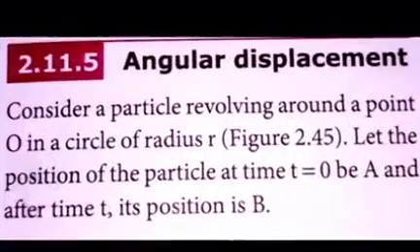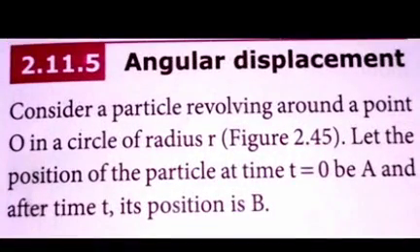Students, next we are going to discuss angular displacement. We know displacement. Displacement is the shortest distance covered by the object. What is angular displacement? It means an object covers a distance through an angle, that is known as angular displacement. Now consider a particle moving around the point O in a circle of radius r. Initially, at time t equal to 0, it is at point A. After some time t, the object reaches the point B. So from A to B, that is known as displacement, represented as S. Now you see this diagram.